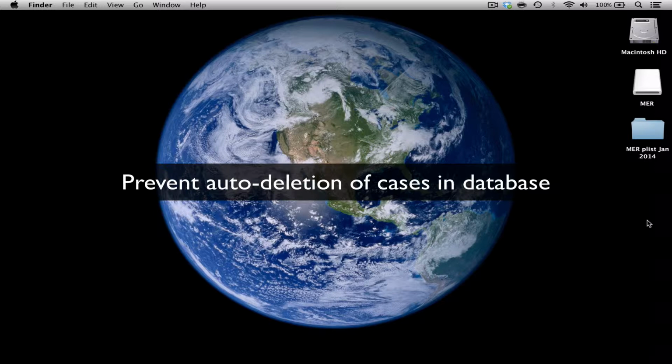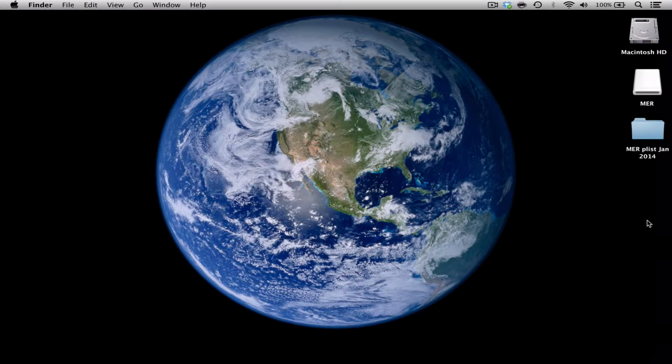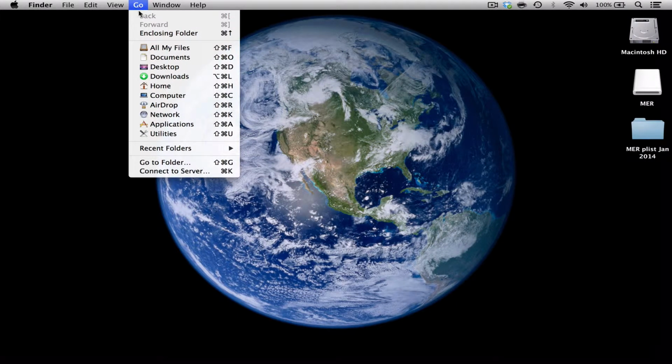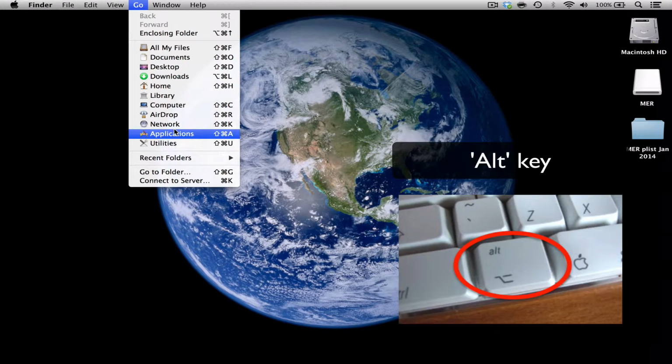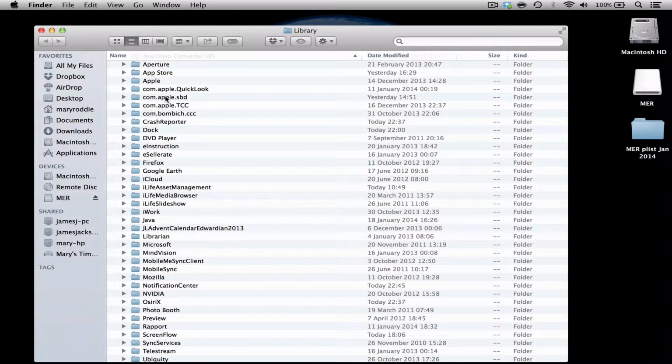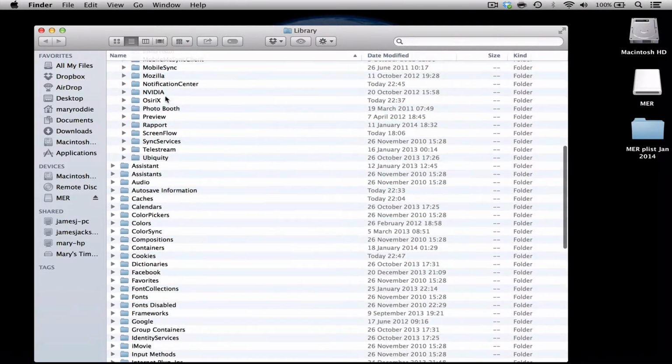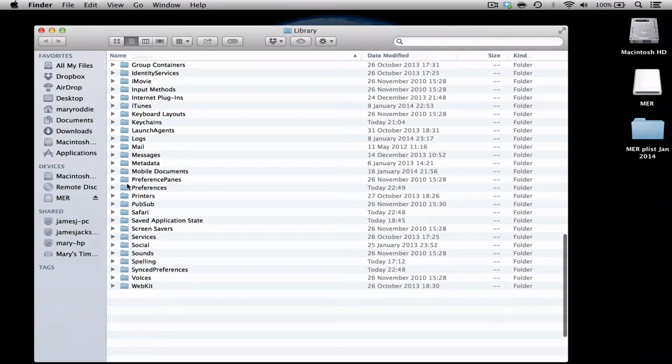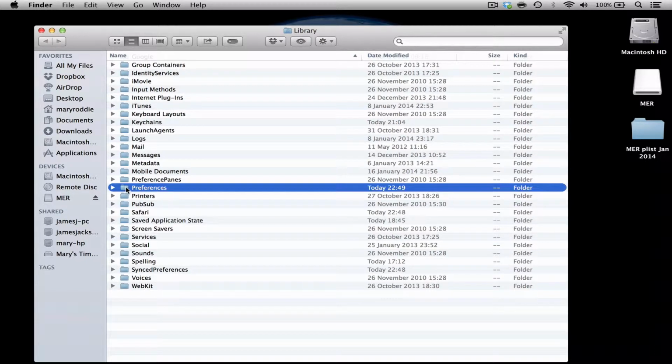And many of you may be familiar with where your OsiriX preferences are hidden on your computer, but for those of you who aren't, what you need to do is to look at your Finder menu and under the Go title, look at all the files underneath there. The file you're looking for is the library file, but it won't appear until you press the Alt key. And when you press the Alt key, you can click Library and it will open. And the particular folder that you want to find on here is the Preferences folder. And if you open the Preferences folder,